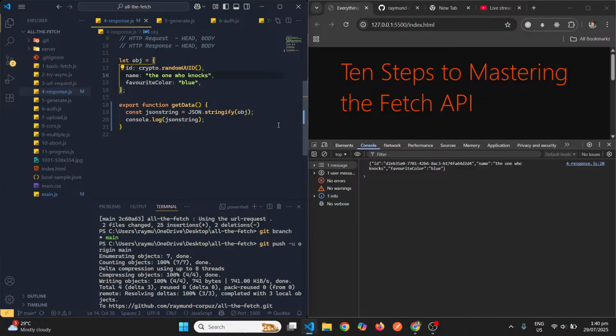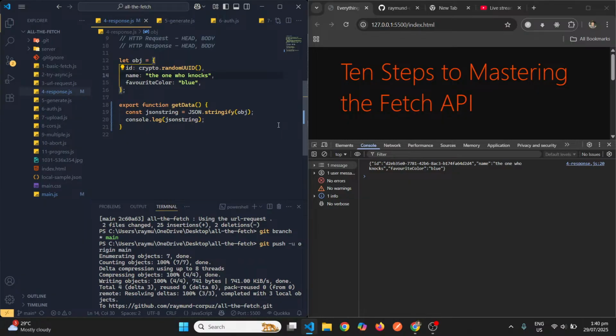So here's my body. This is in my response object, and then there are three properties inside the options object for the response. A status code to say, hey, it's good or it's bad. Status text, which can be whatever you want. Typically, if it's 200, that means OK, so you write something like that. And then headers. We had some headers before we got that object inside of it. Here's a couple of actual headers. If you're building custom headers,